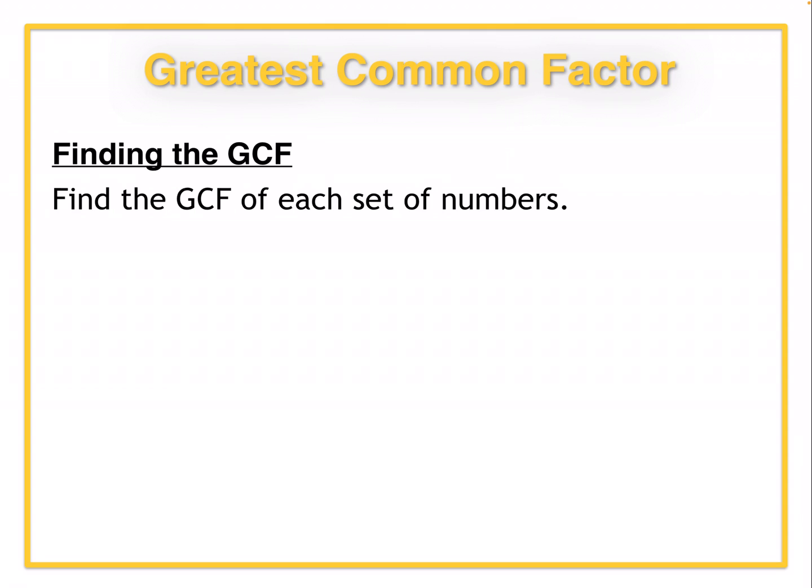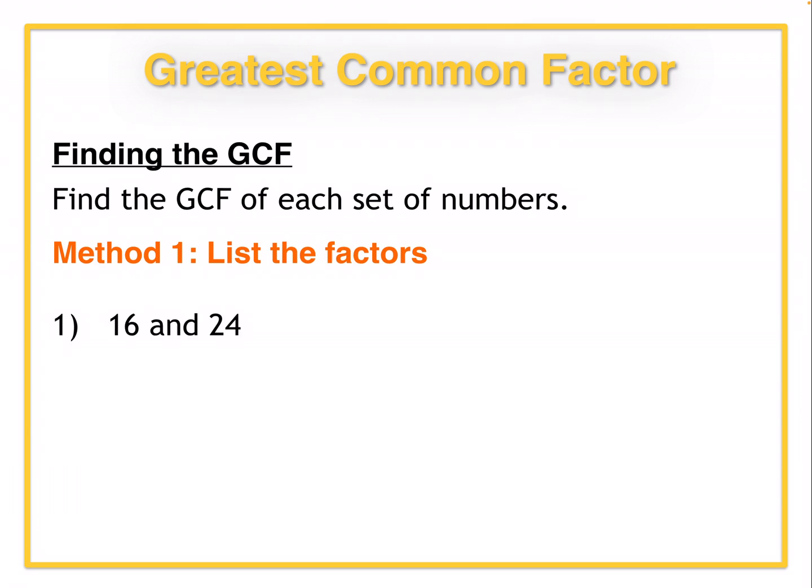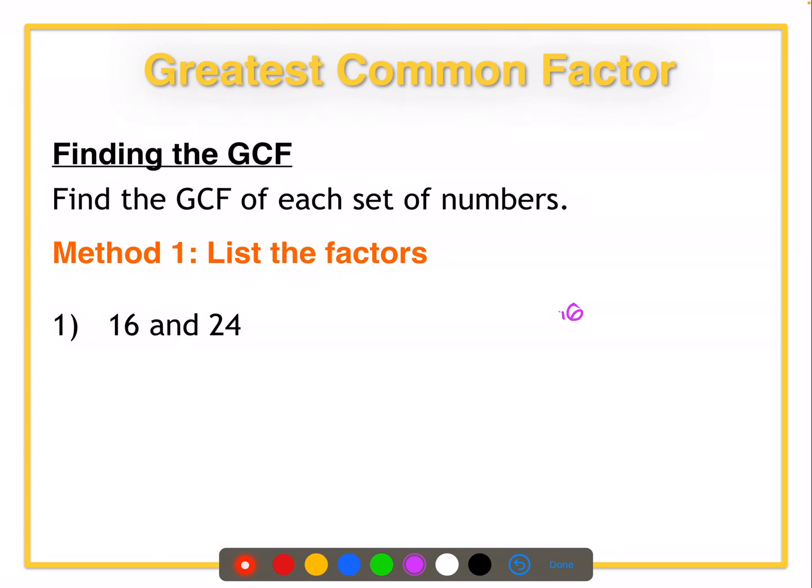Finding the greatest common factor. To find the greatest common factor, we're gonna use three methods. The first one is the list of factors, which is the one we previously used in the previous problem. So here, to find the greatest common factor of 16 and 24, we have to list all the factors for 16. Remember, you can always